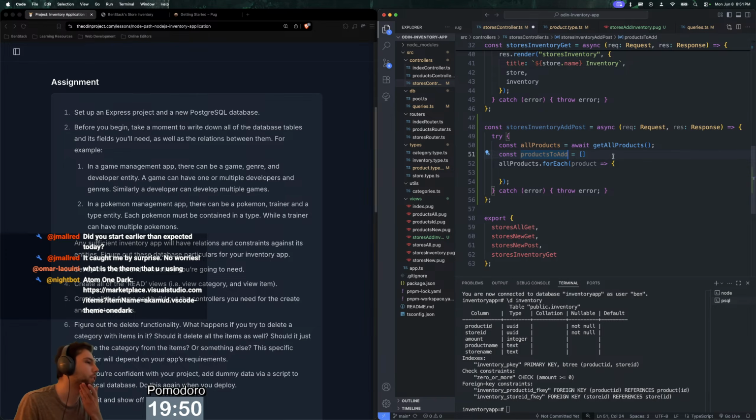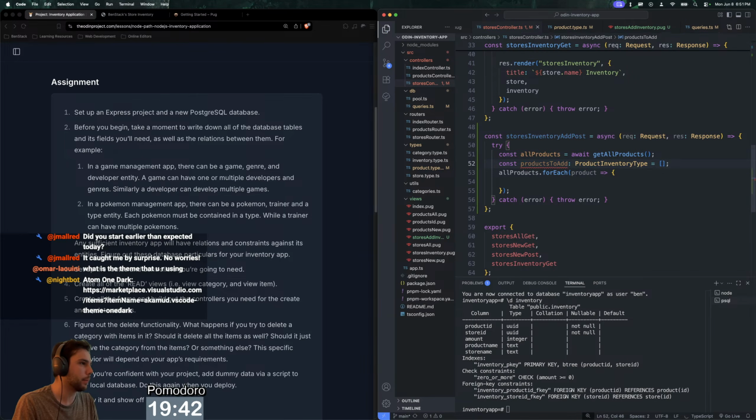Products to add. I don't know what I should call this. I guess I'll just say this: products inventory type as a list, right? And then we need to go through this, and then we essentially need to check if that exists. So what we need to do is say if rec.body, I don't know if this is even possible. Actually, I need to say